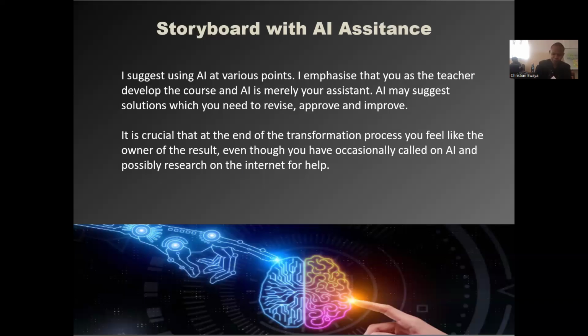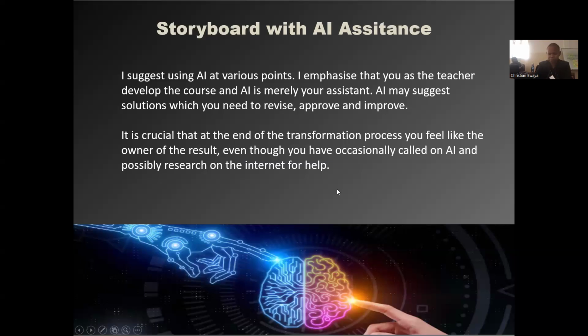And artificial intelligence can give you a lot of help, but in the end, it's you who do the transformation and who give the input to the artificial intelligence. So I think we should not overestimate the potential of artificial intelligence, but use the knowledge it has very intelligently.